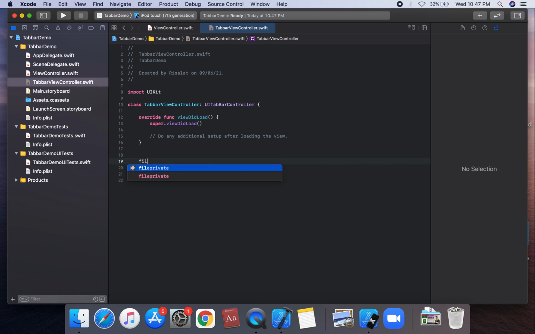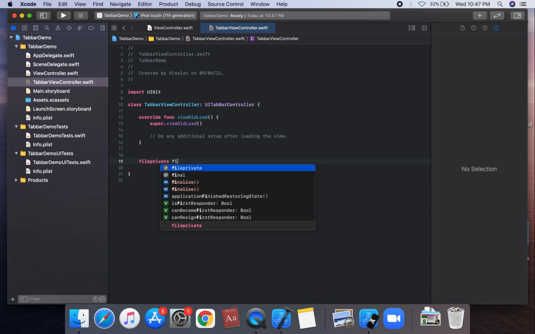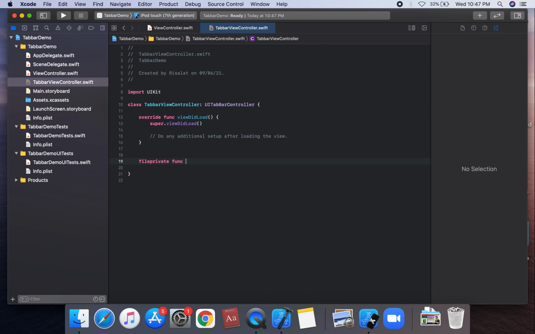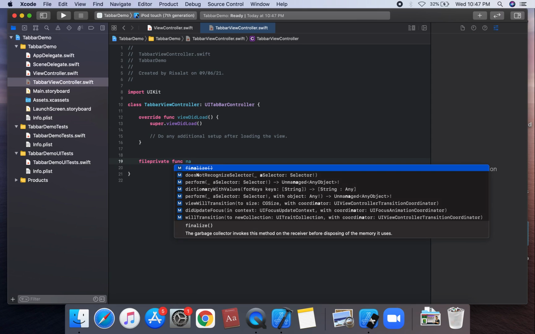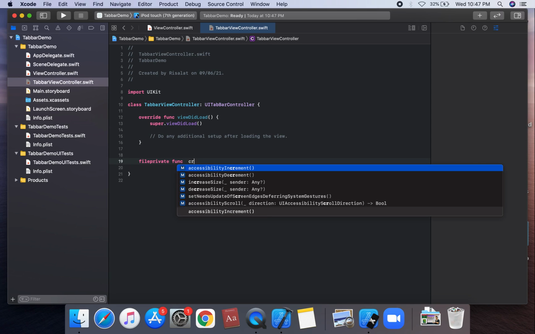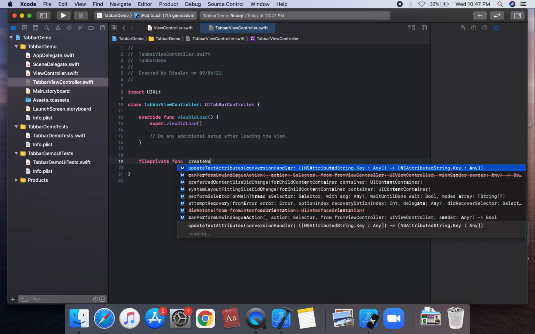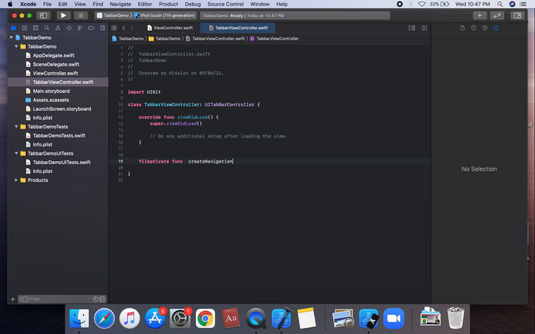This is a fileprivate function, createNavigationController, which has a parameter rootViewController, which is of type UIViewController,